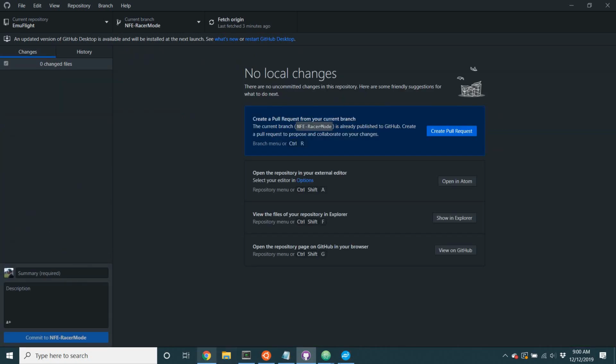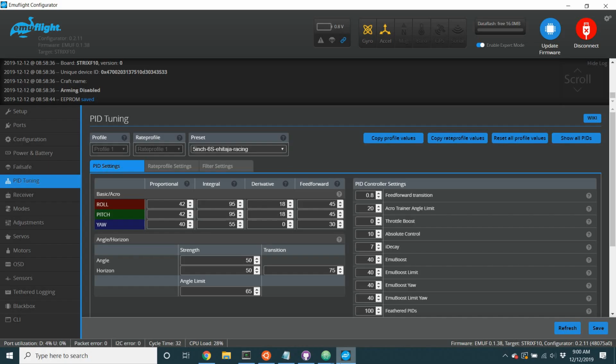I don't foresee any of this causing any problems, but I just need to go through and change some of these presets to reflect the new tuning parameters that are available. And thanks everyone for helping test, and I'm